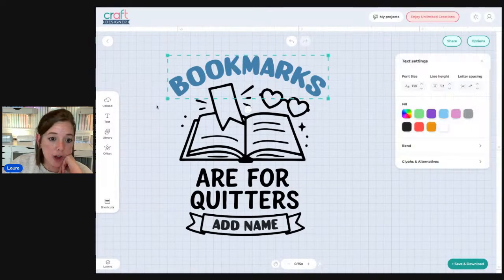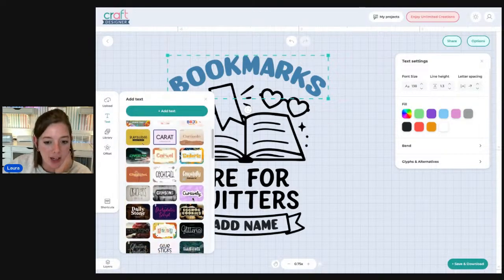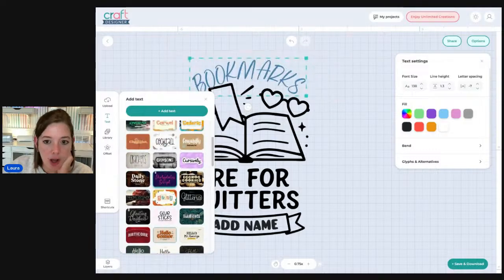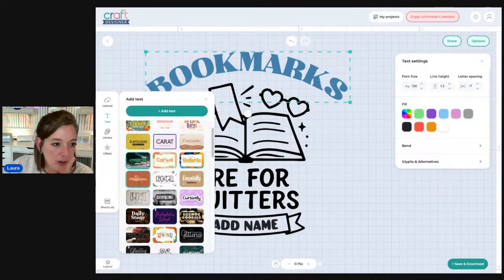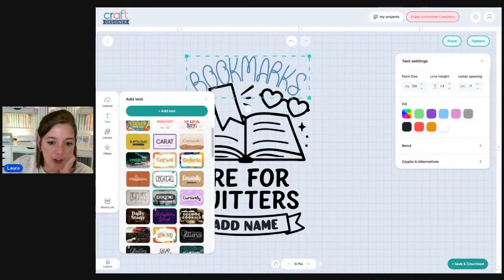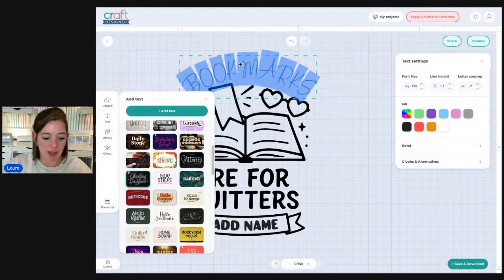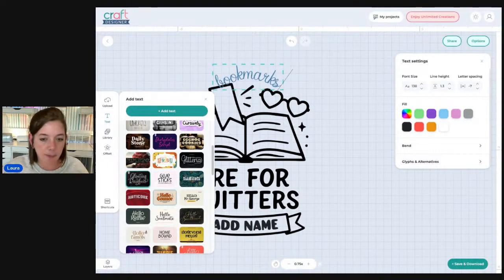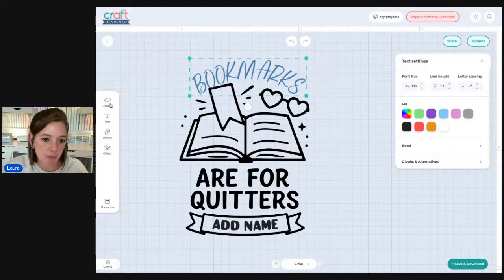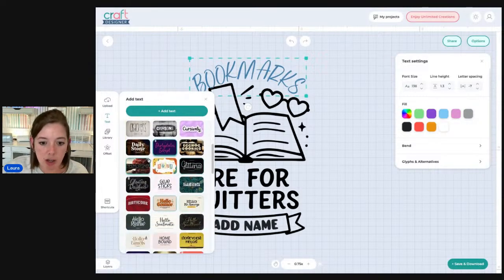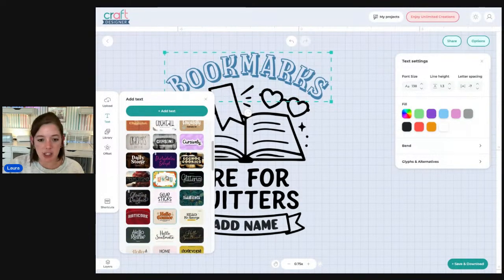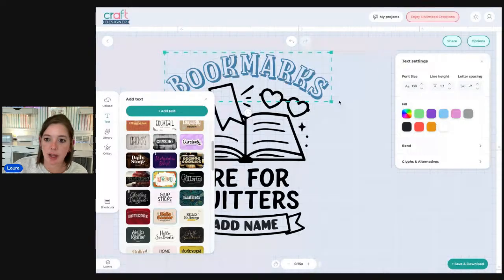And then we can also change the font. If I want to change the font, I just make sure it's selected and then I select text. Then I can come over here and change it to whatever I want. It's in all caps right now. If I chose something a little more cursive, I may want to retype it in lowercase, but to each their own. So I'm going to find one that I like. That one's perfect, so we're going to choose that. Also, I just clicked that and didn't say, undo and redo are up here at the top, so you can do that as well.